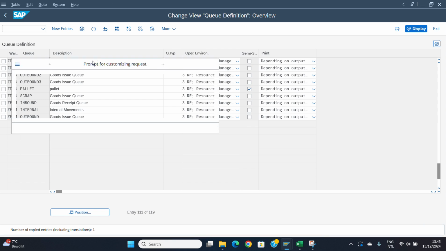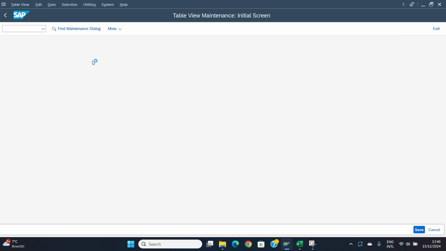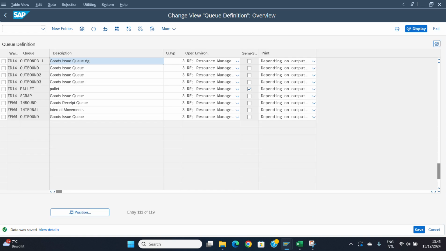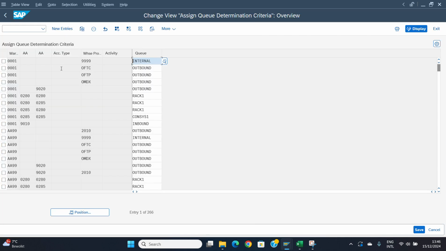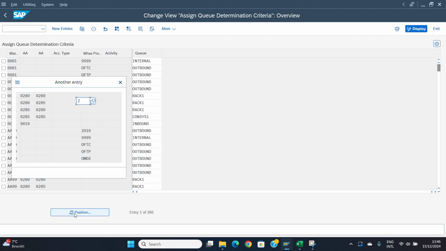Now the important thing is, once you've created the queue, it doesn't mean that it will be assigned automatically. So how does the system filter and decide which one to assign in which scenario? Because ultimately, if you have a second floor and a third floor, you physically have different bin numbers and different aisles over there. Those won't be repeated and should not be repeated on all the floors. Now after that, what you have to do is,